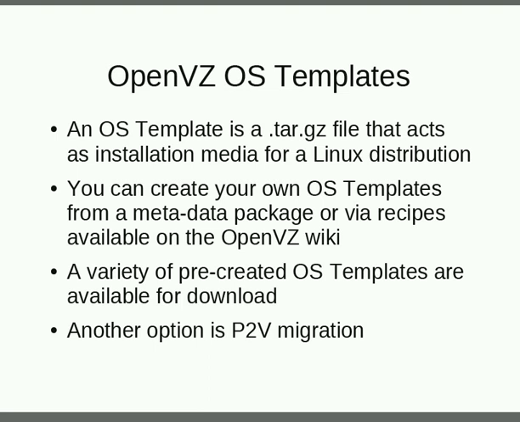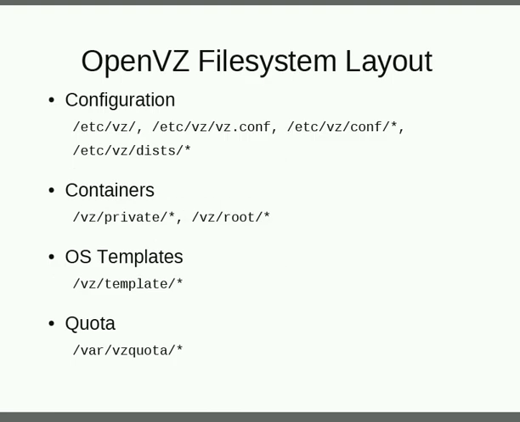I myself happen to upload quite a few contributed OS templates for the distributions that I like. Also on the wiki we have a script that explains how to do physical to virtual migration, so you can take a physical machine and migrate it into a container. Okay, now I want to discuss how OpenVZ stores things on the file system of the host node,